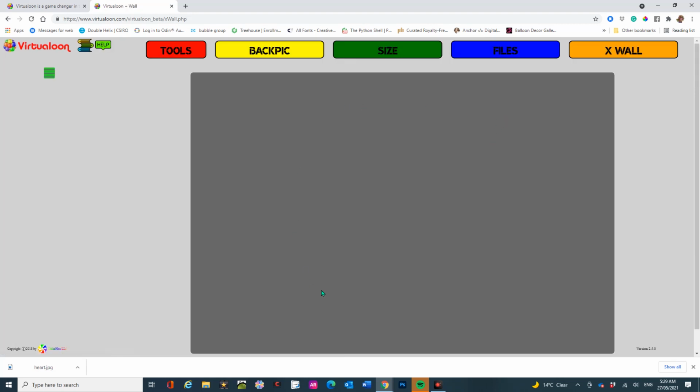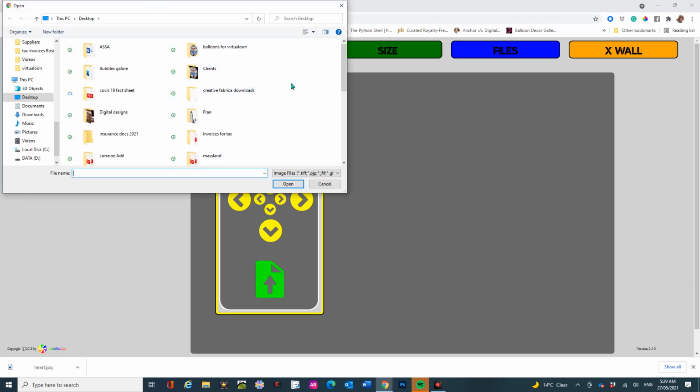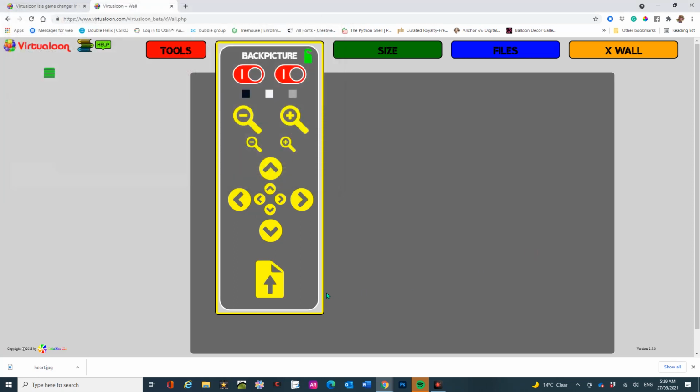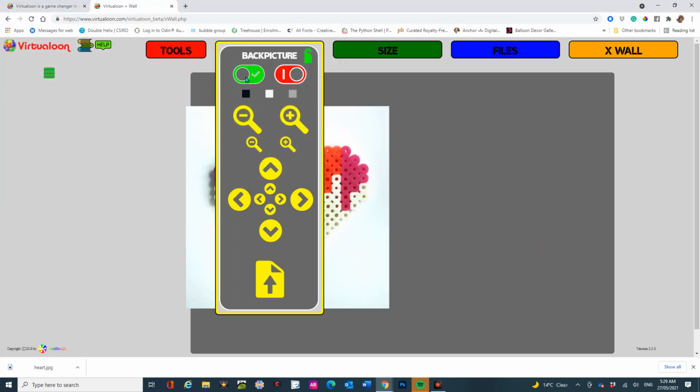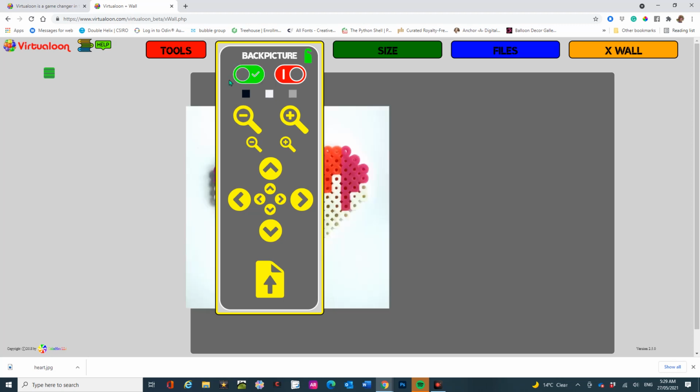So the same again, you decide how big you want your wall. You bring in your back picture, so you hit that red lock, make it green to make it stay there, and then hit the picture and bring in the perla bead picture. These here make it so the picture's there, you just can't see it. You need to click this, and then we're going to make it really big. And to do that, you go like this,